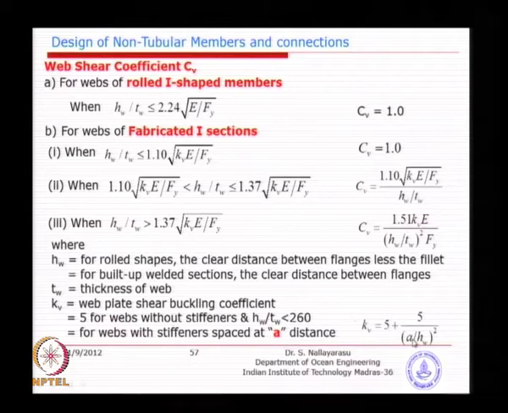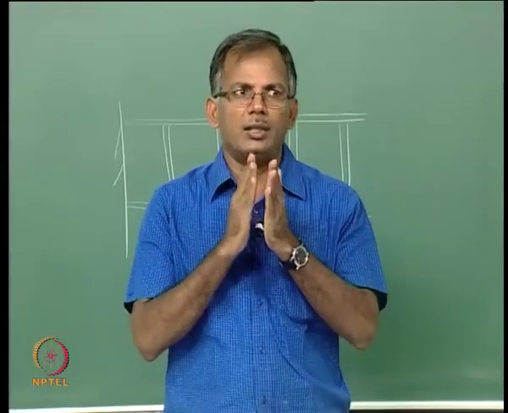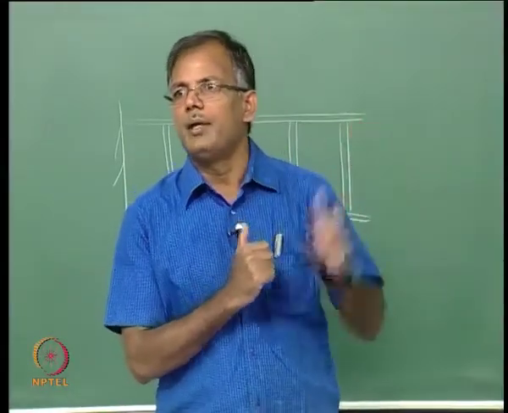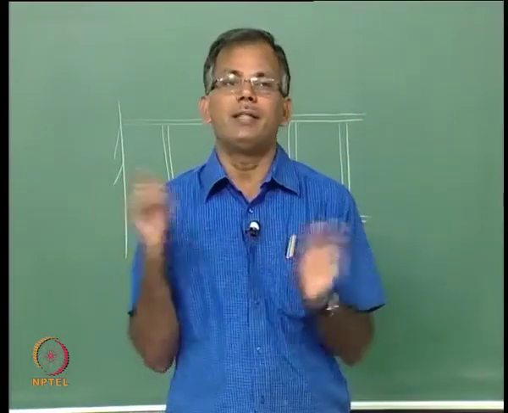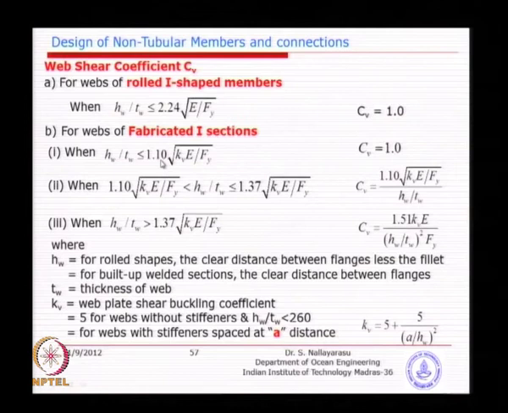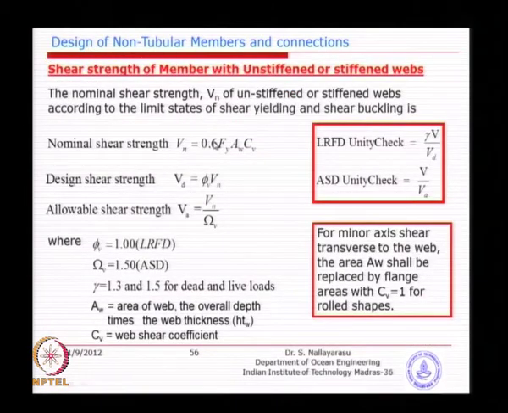As long as a is higher, the Kv value will be smaller. Once the Kv value is smaller, the Cv value will also be smaller. So, basically the larger spacing is no good; the closer the spacing, the better stiffening you are going to get. So, that is the idea behind how shear capacity can be enhanced by providing additional stiffener effects, or you just make the web thicker. If you make it thicker, you will come under the category where Cv is 1, and then you calculate the nominal shear capacity as the area times 0.6 Fy, as Cv is equal to 1.